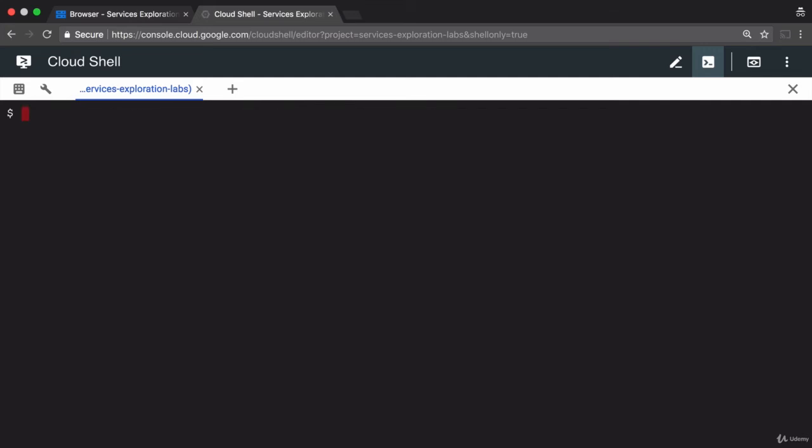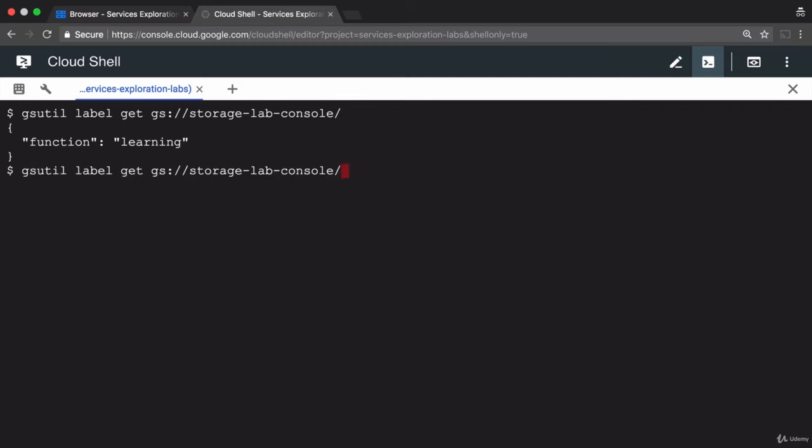The next command I want to show you is the gsutil label command. If we type gsutil label get and then the name of the console storage bucket, we get a response which is a JSON document listing the labels that we put on that particular bucket. Let's hit the up arrow to rerun that command and tell the shell to redirect the output of this into a file that we call